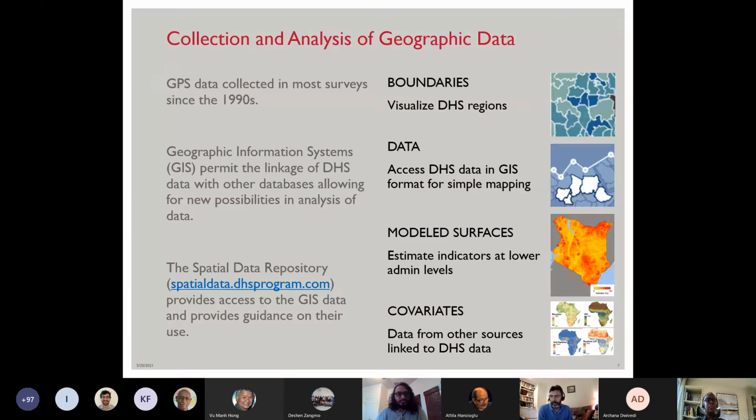So we've been collecting GPS data since the 1990s, and using that data in our analysis. The use of a geographic information system permits the linkage of DHS data with many, many other data sets. It really broadens what you can do in your analysis of data. So it's become a key element of what we do in DHS. And Ben and Trinadh are going to explain that in more detail in a minute. Firstly, I want to give you a link to look at